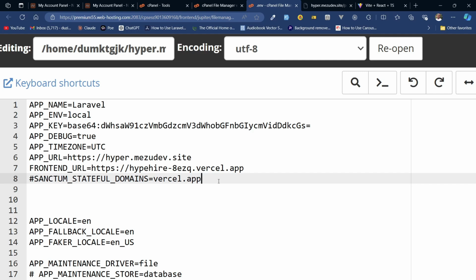For example, I have this vessel.app, then you just put a comma, then write max dot still.app, anyhow you see it. Or for instance, you have Mezu.site, you can also put Mezu.dev.site. So this is just for the front end URLs, if you have front end URLs with this top level domain. So yeah, I'll remove this